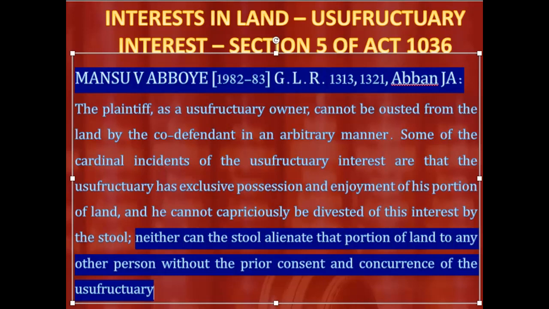That is how powerful the usufructuary holder is. The moment you are a subject and you see a land which has been uncultivated and you reduce it into your possession, you acquire the usufructuary interest. It is potentially perpetual, and you can alienate it, and the allodial title holder cannot re-enter or even alienate it without seeking your consent. This is what Aban J said in the case of Mansu versus Aboye, and I quote,